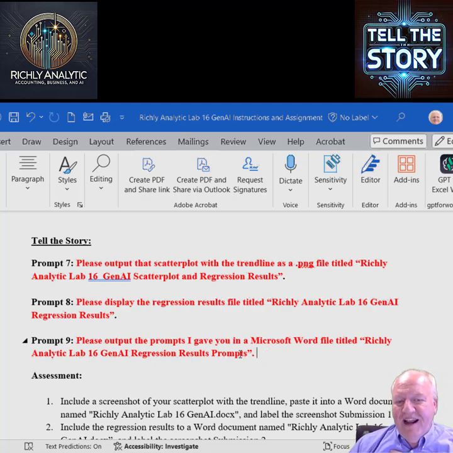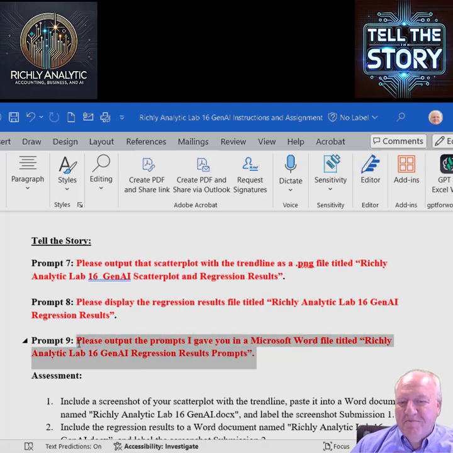And finally, I could ask it to output the prompts. Sometimes I'll do that to the screen, so I'll just say, please output the prompt to the screen. Other times I'll say, go ahead and put it in a Word document, and then I can just save it with the other analysis. I like to know specifically what I asked it to do, because if only the final visualization is there and I didn't know the details of getting there, and someone asked me a question, I'd say, I don't know, ChatGPT did it. So that provides some guidance there.